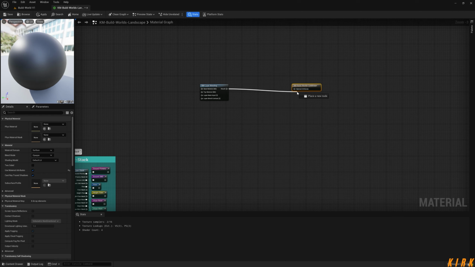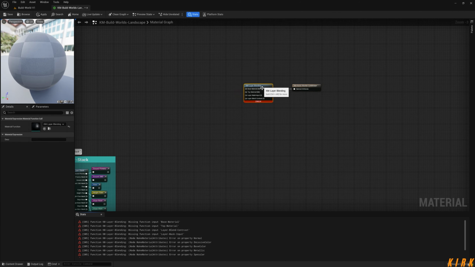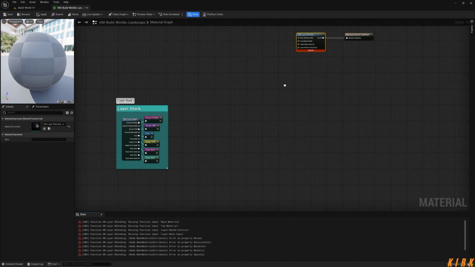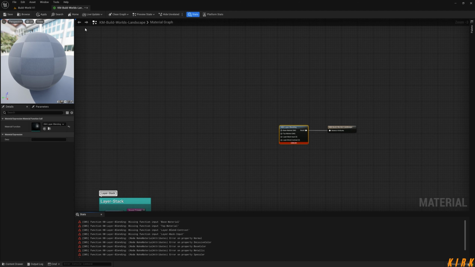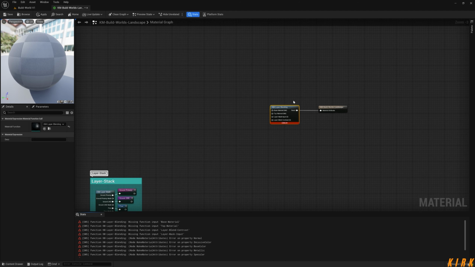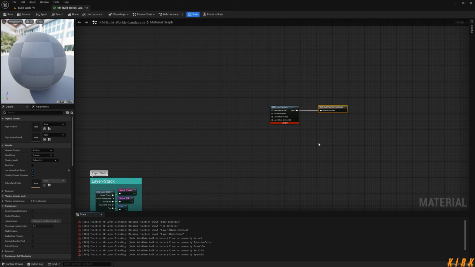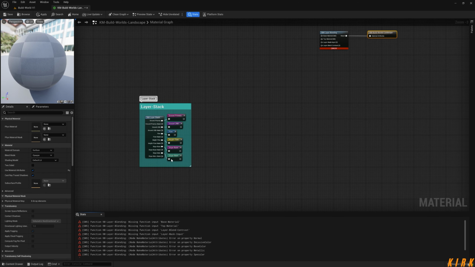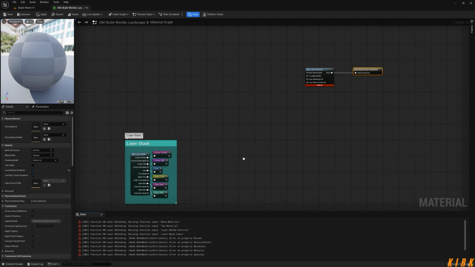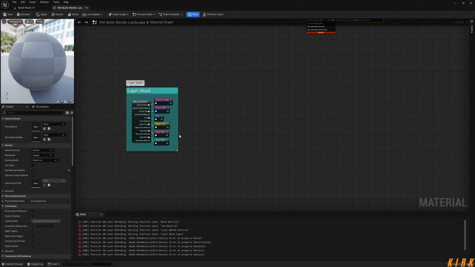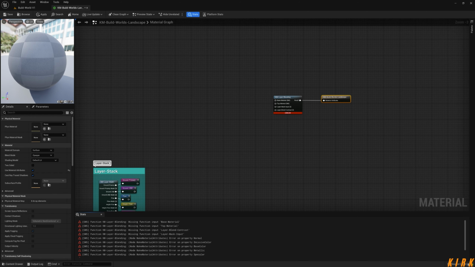So I'm going to drag this out as our output. What I'm going to do is structure this in a way where the closest one to the out pin of the landscape material is going to be the last one. So for that I need my slope main material layer,